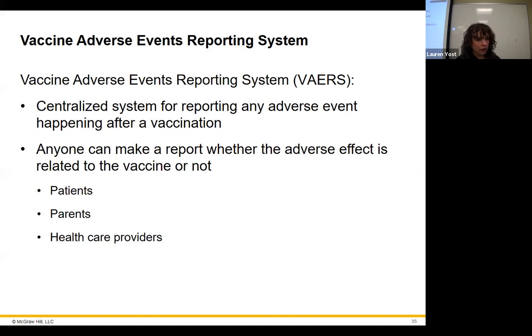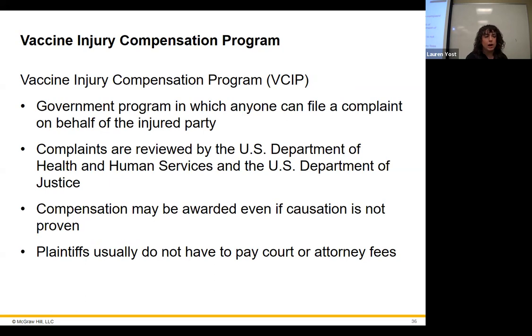So there is a Vaccine Adverse Event Reporting System. Anyways, if you have problems with having gotten the vaccine, you can call this number or visit the website or whatever it is, or you can even contact your doctor about it. Anybody can report any adverse effects. It could be the patients themselves, parents of patients, or even the healthcare providers. They can report any of these negative effects of these vaccines so that they can keep track of what's going on and monitor that sort of stuff.